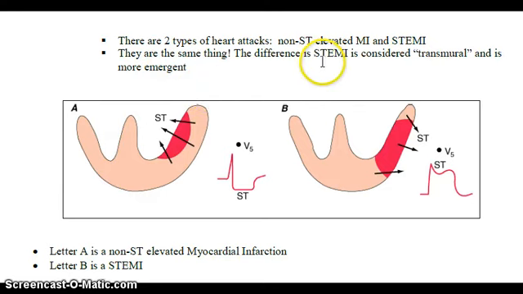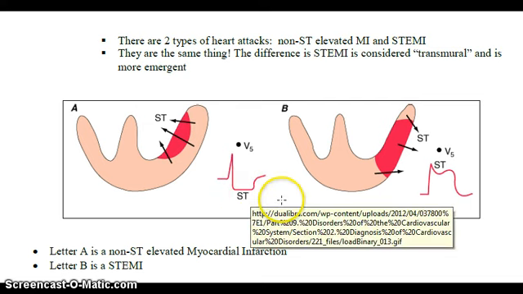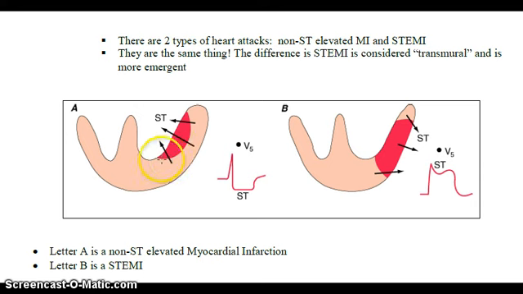The difference is that an ST elevated heart attack or myocardial infarction is transmural, meaning it spans the entire thickness of the heart wall. And so therefore it's more emergent. Whereas a non-ST, so here it's demonstrating the ST segment is actually depressed and not quite elevated yet, and it's demonstrating that only part of the thickness of the wall is being affected, meaning that ischemia is only occurring in this colored portion. It's not all the way through like it is here. So, I mean, that's the only difference. So they're both basically the same thing, but